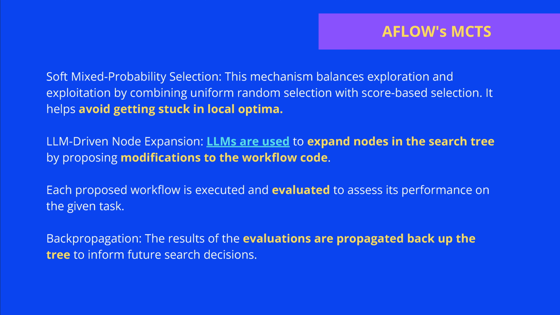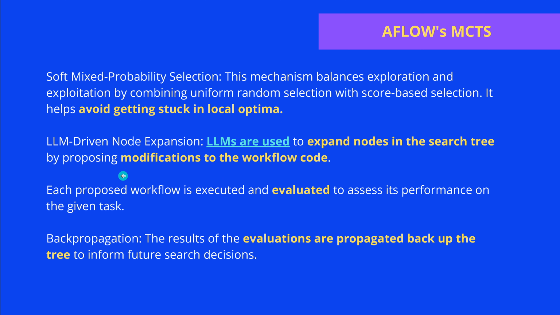Second, now we use the intelligence of the LLMs. The power and the intelligence, quotation mark, of the LLMs are now crucial, essential, so that we can expand the node in the search tree by proposing specific modifications to the workflow code. Everything we do now with the workflow depends only on the cleverness, intelligence, and pre-training data of our LLMs.